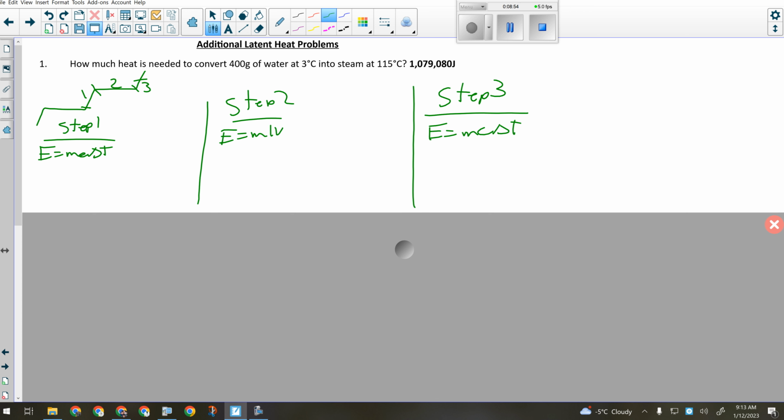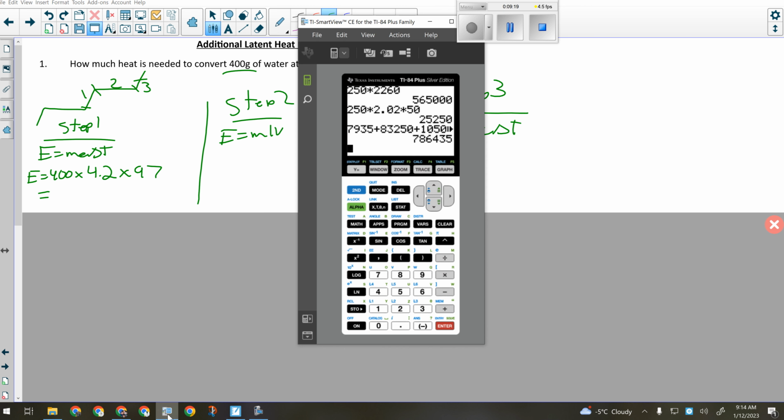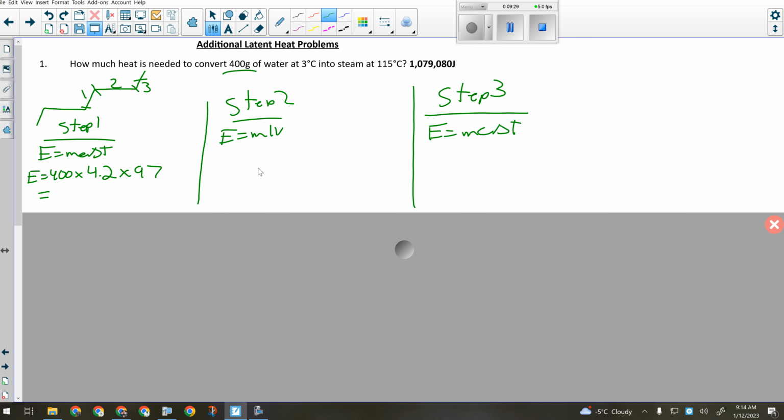Okay, so when we're plugging in our numbers here, we know the mass is 400 grams. So for step 1, we're looking at 400 grams times 4.2, which is the specific heat capacity of liquid water, and I'm changing it from 3 degrees to 100 degrees. So what's my temperature change? 97 degrees. So 400 times 4.2 times 97. All right, so we're looking at 162,960